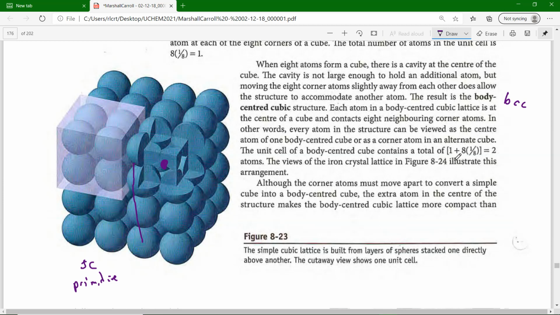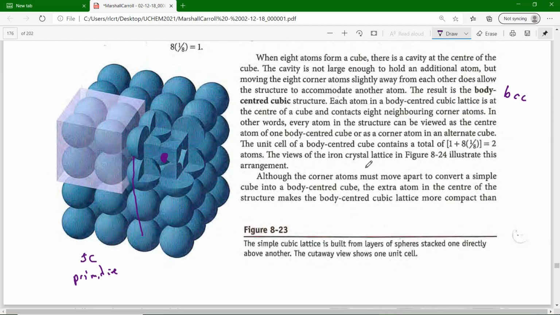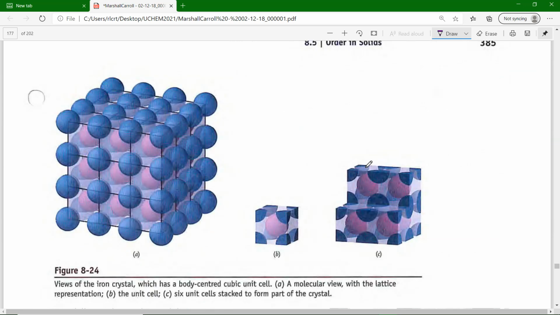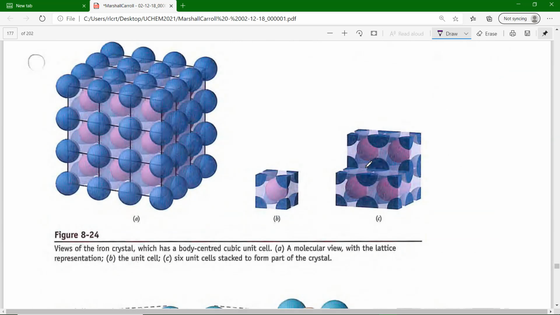So the unit cell of a body-centered cube contains a total of 1 plus 8 times an eighth, 2 atoms. Okay, so simple cubic contains 1 atom, body-centered cubic contains 2, and iron in figure 18.8.24 shows this. So here's iron,